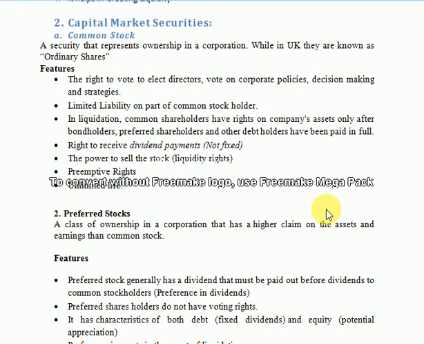Preemptive rights. Preemptive rights means that when the company already has common stockholders and the board of directors decided that we should sell out,